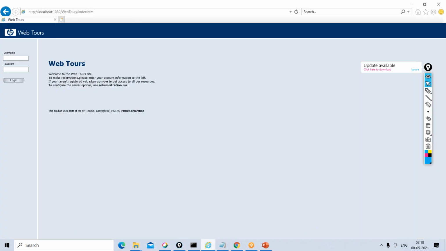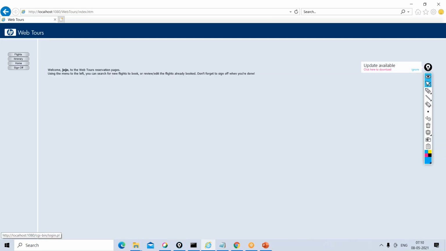Let's assume this is the application. As a functional tester, if I want to validate any functionality, for example the login functionality of this particular application, which is a sample application given by the Micro Focus team, what would a manual or functional tester do? He would generally enter the username here, and he'll enter the password here, and then he'll click on the login or sign on button.